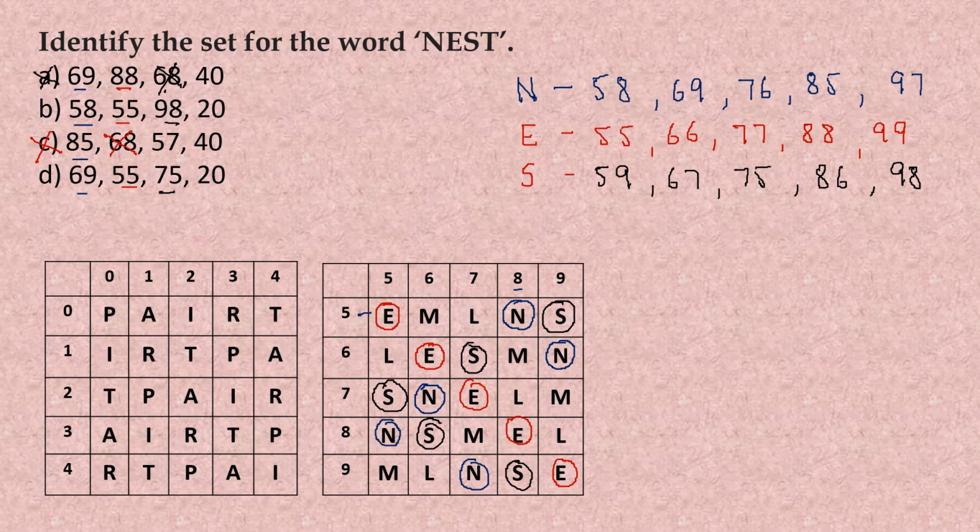Now let us check for the fourth one, and the fourth one is T. So let us see what possible values T can have. We can use the red color only because this is from the first matrix. So 1, 2, 3, 4, and 5. We can directly check this because now we are left with just two options, and both of them are saying 20. So that means T20 means the row number should be 2 and the column number should be 0. That means in this case option B and D both give us the correct answer.